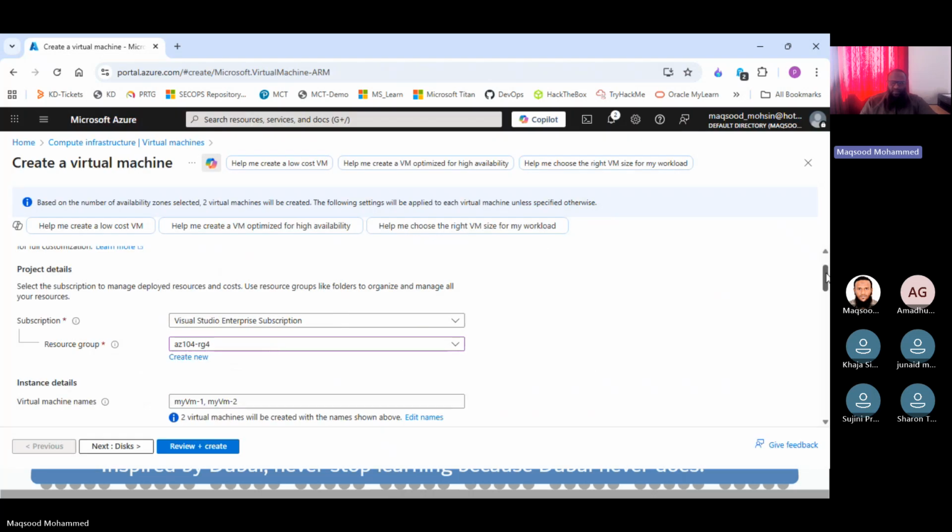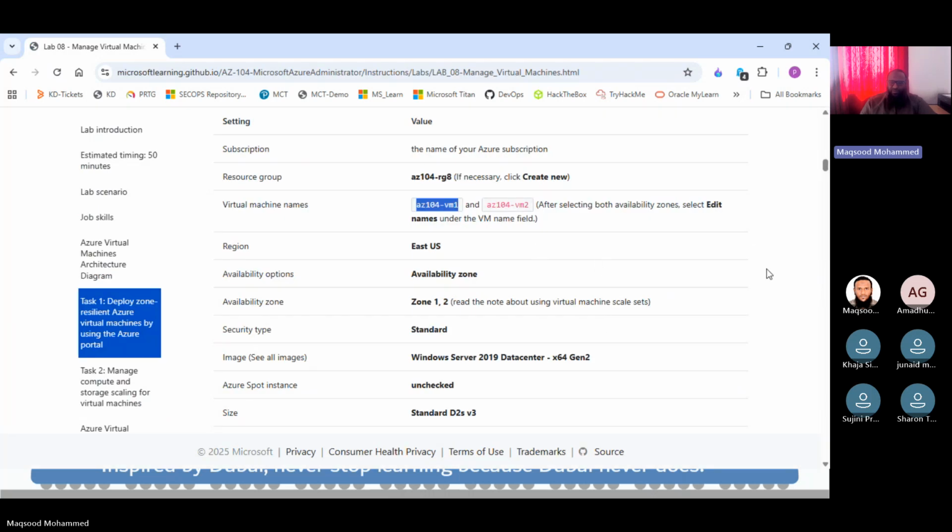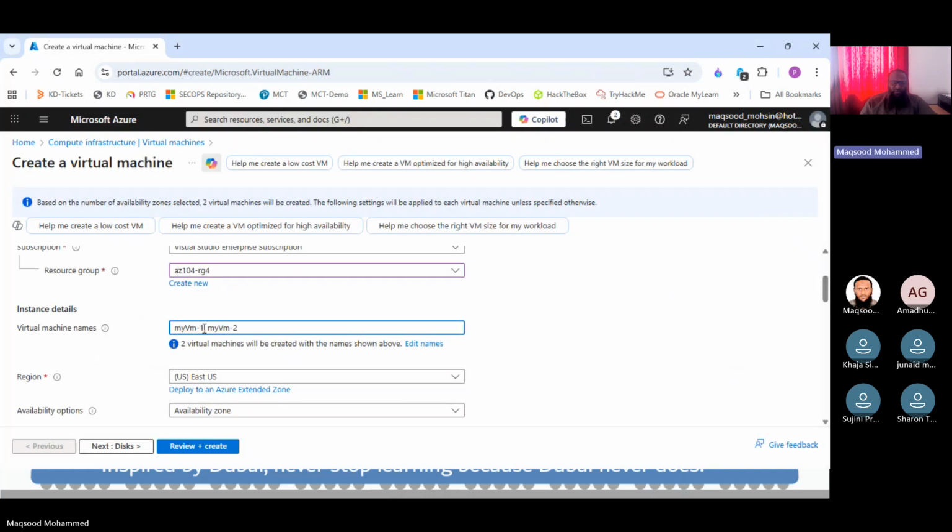So you can see that it is creating automatically because you have selected two zones, and it's automatically going to create two virtual machines, and it has also decided what to name those virtual machines. My VM1, my VM2. So it is Azure which is doing it in the background. So now we are going to create the names based on this exercise. I'm going to use